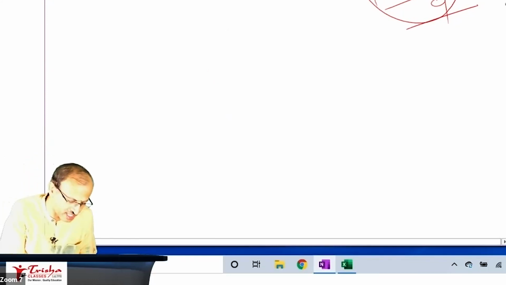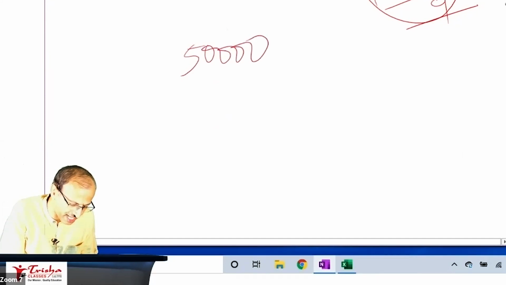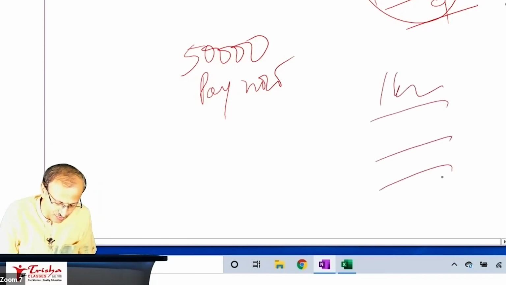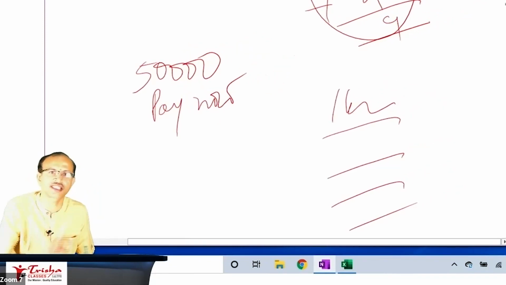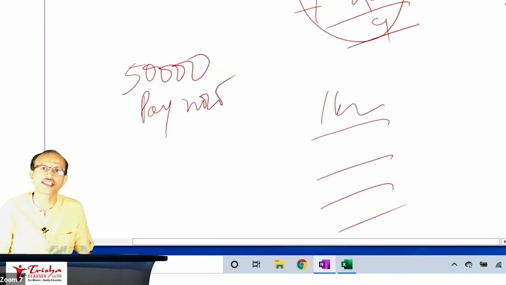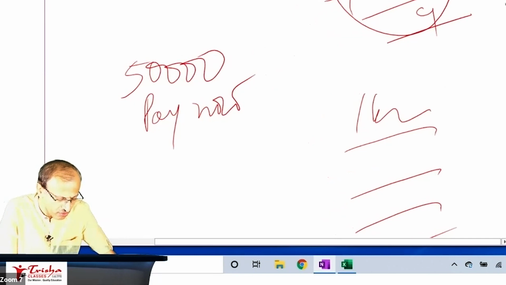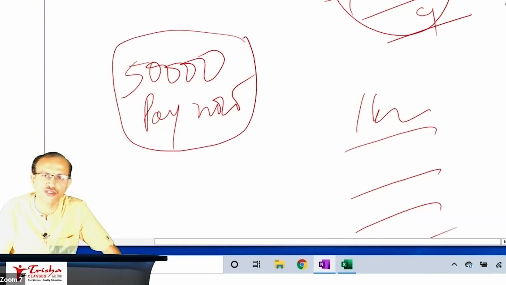Finally, the conclusion: 50,000 in the buying option you pay now, whereas in leasing you pay 14,000 in the next 4 years. Correct comparison? No, it is wrong. So then the question will arise, how do you solve it? How do you solve? All of you let me know.